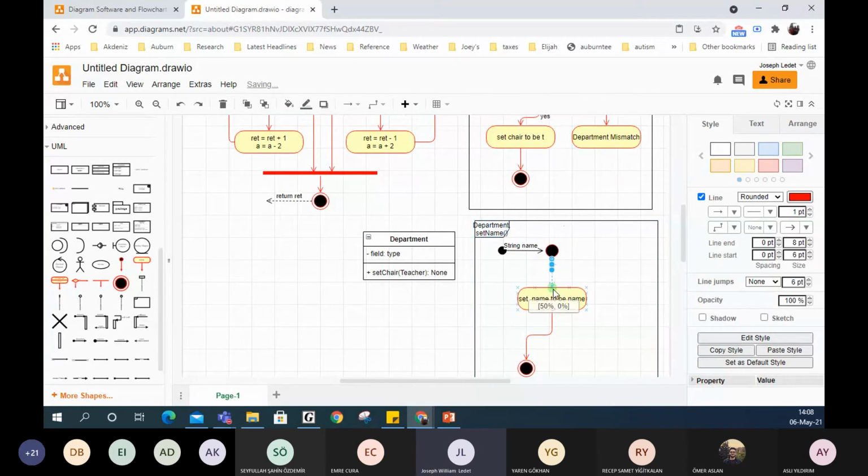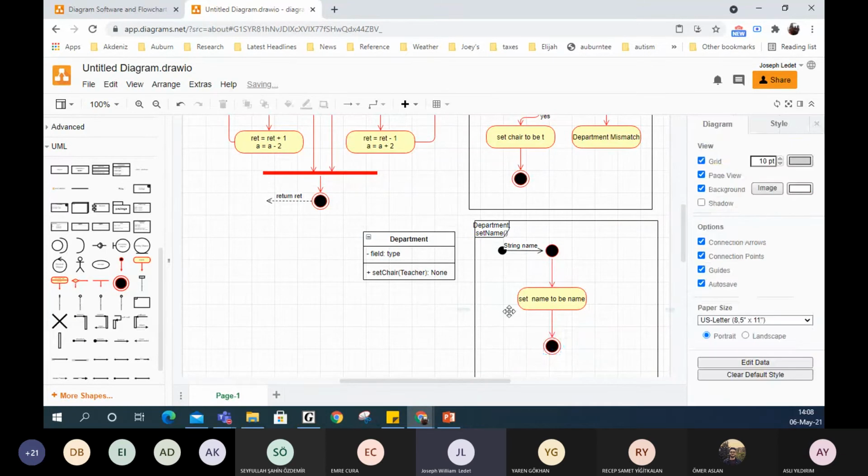If your set method would not look like this, don't worry about making a diagram for that. Okay, you don't need to make a diagram for that. If your get method would simply look like